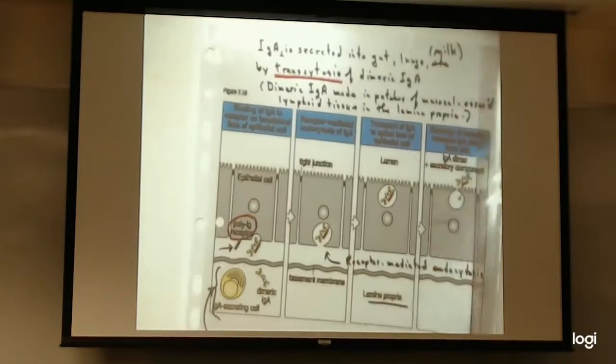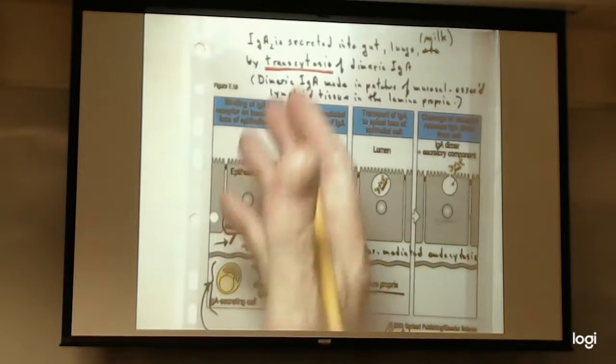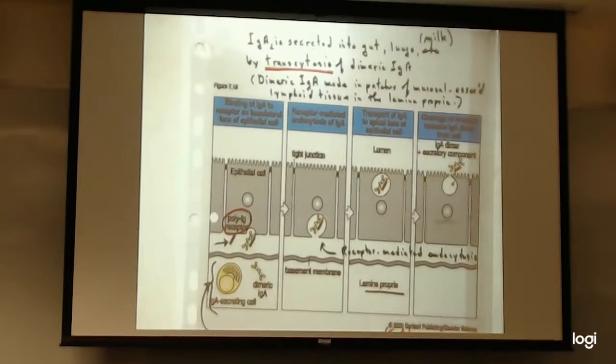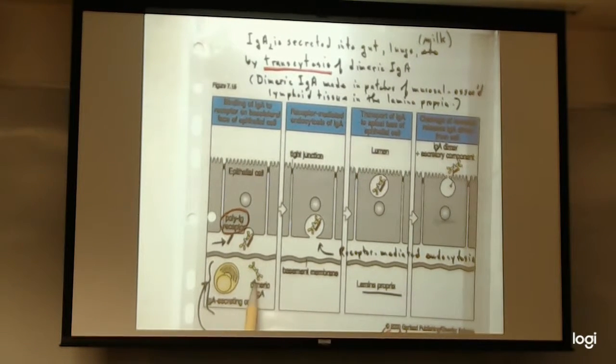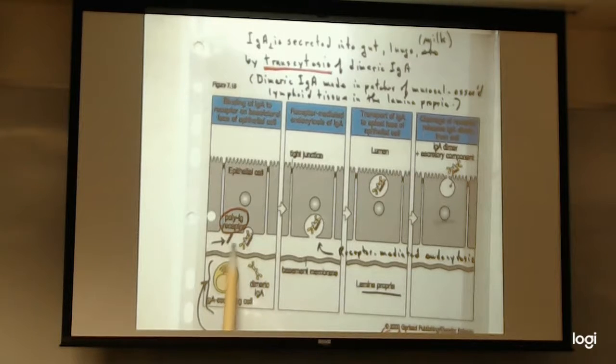that moves IgG out of the blood. The receptor that moves IgA out of the blood and into the extracellular space here is the so-called poly-IG receptor. So here's a plasma cell secreting dimeric IgA in the lamina propria. And then this dimeric IgA is free to diffuse across the basement membrane here. And now this